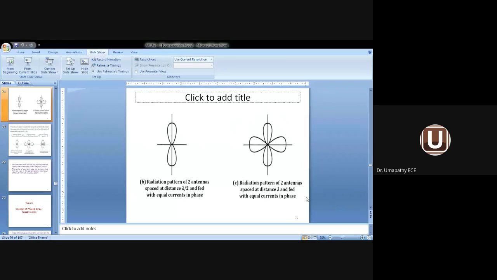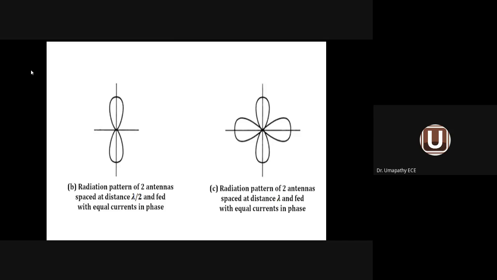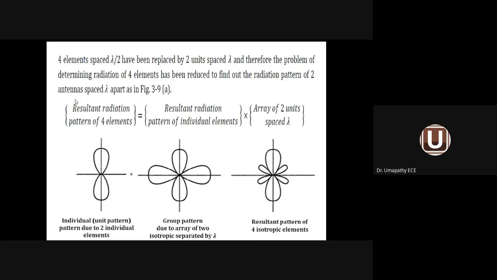Let me go to the multiplication once again. This formula you remember first. Resultant radiation pattern of the 4 element array. What is the 4 element? A practical antenna available; it is called a non-isotropic antenna. So what is your aim? You have to find the radiation pattern of the given 4 element antenna array. How are you going to find it? We are not going to use the traditional method. What is the traditional method? Find the expression for ET from the array factor, then calculate maxima, minima, power point, and radiation pattern.